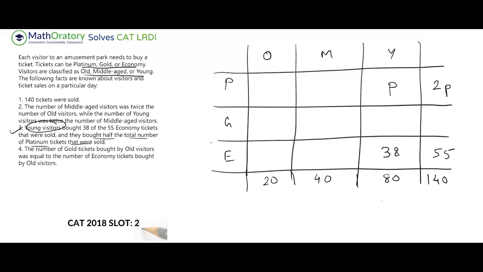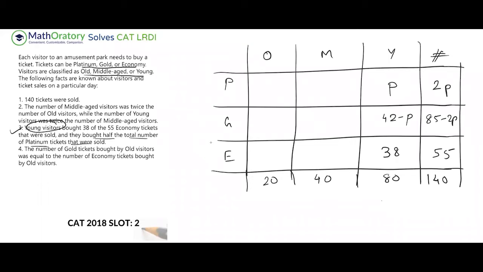So this indicates a couple of things here. So the gold total can also be drawn in terms of this p straight away. So this is a total, by the way. Let me just indicate like this. So we have 140, 55. So 85 is remaining. And 2p is the total of platinum. So this should be 85 minus 2p, right? Also, if you look at the young column, 80 here, 38 here, so remaining with 42, p is taken, so that is 42